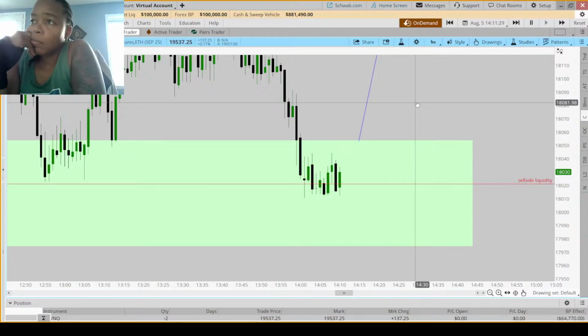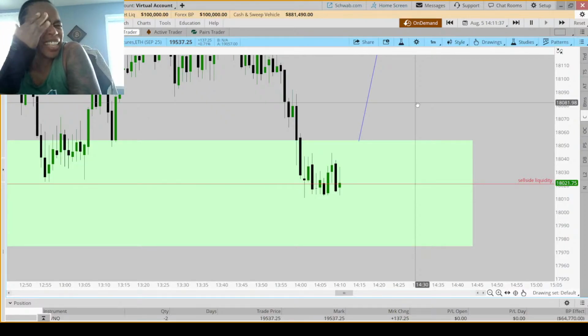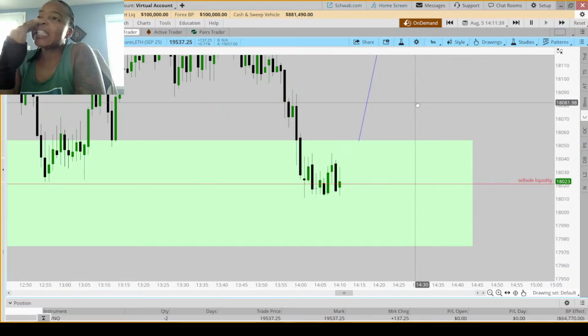So we're just waiting. They are painting. They are chopping about. This is the type of price action that drives me nuts. It's just not clean. It doesn't give me what I'm looking for. It makes me want to close the charts and come back another day. Seriously. Sometimes you can get such clean setups, and other times it's like, wow.